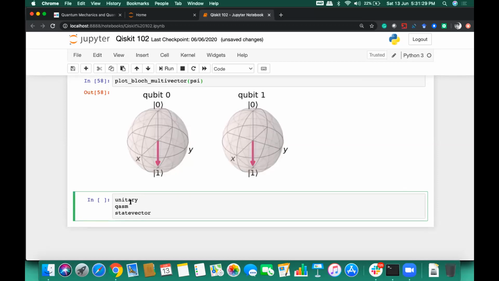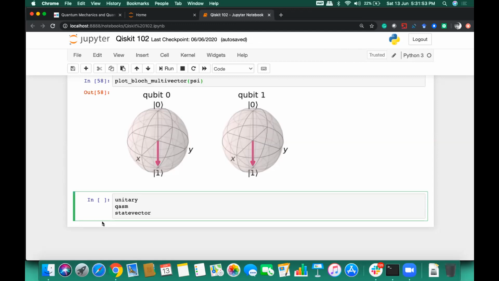So the unitary simulator, KG has already explained: when we have a certain state of a qubit on which we are performing certain operations, the end outcome is again a single qubit, right? Such sorts of operations are called unitary operations, and the operators used in that are called unitary operators.